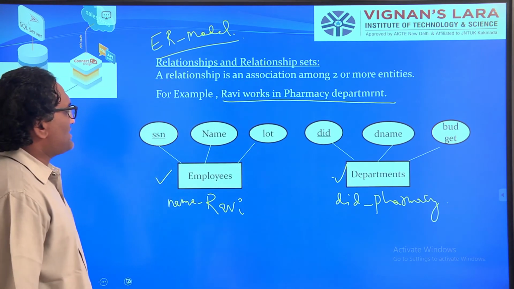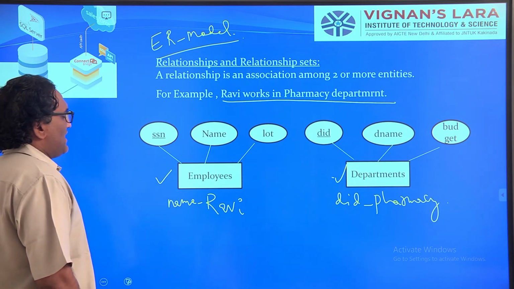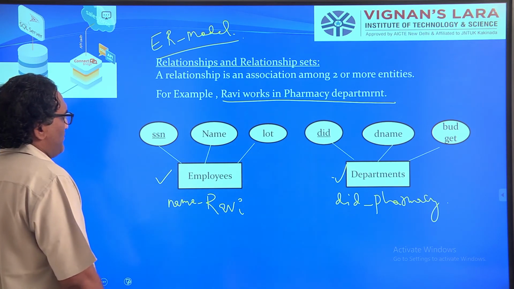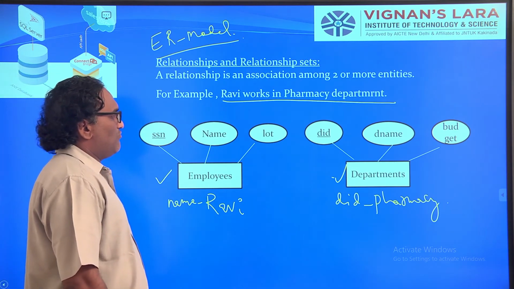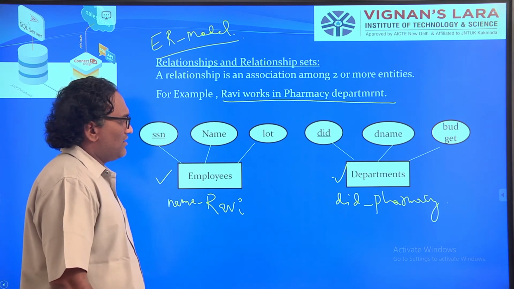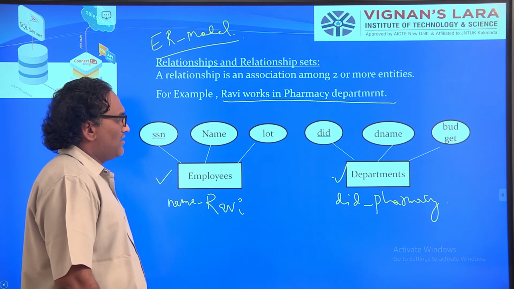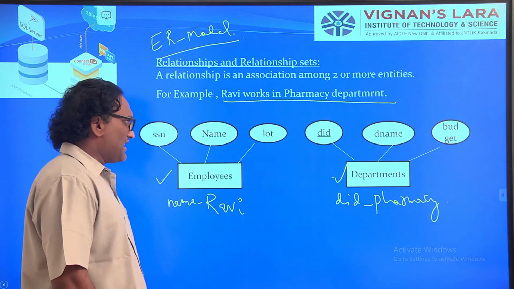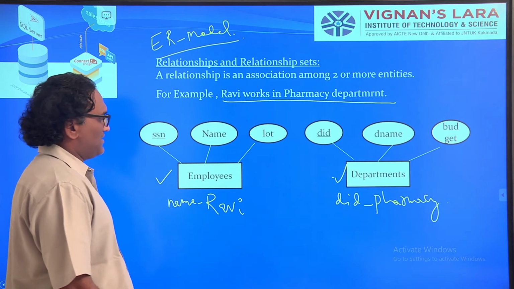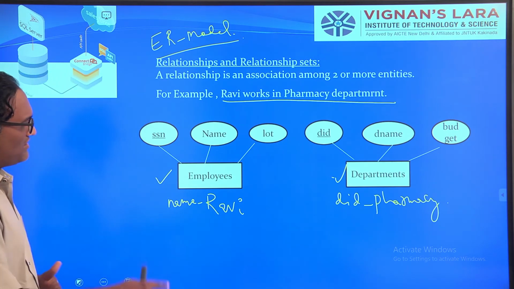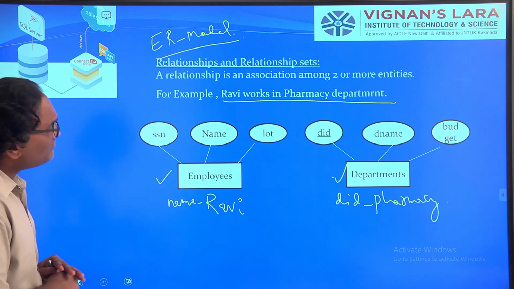So the entity Ravi in the employees entity set works in the department entity set, having DID or department ID pharmacy. If you speak generally, Ravi works in pharmacy department. This kind of relationship is also there.